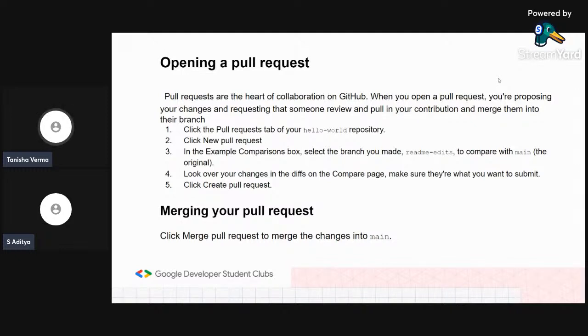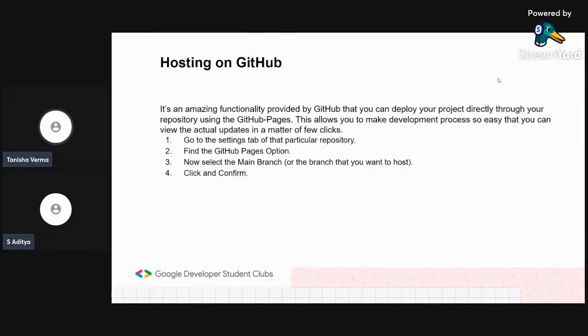Okay, now merging pull requests. Once the person who has created the project finds it super interesting that your code is really nice, he'll merge your project and accept your pull request. Now, hosting on GitHub will be the last thing.